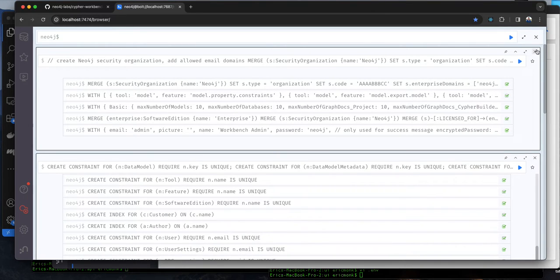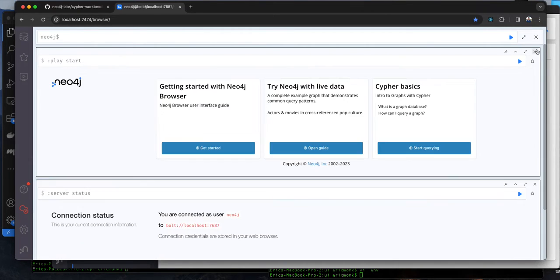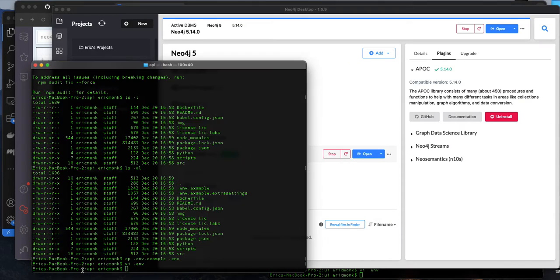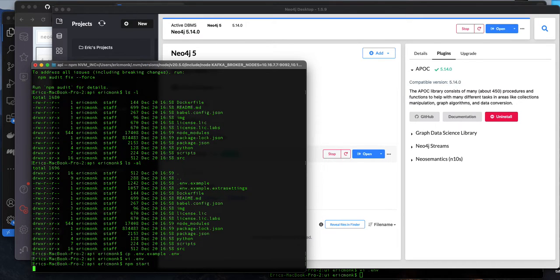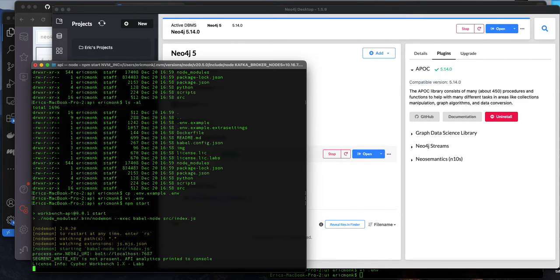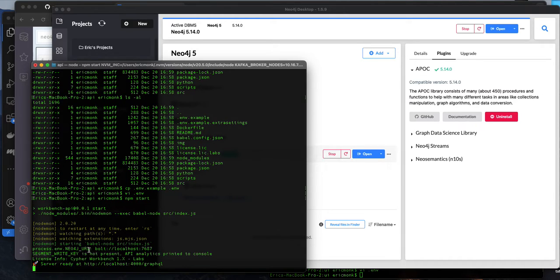All right, with that being said, we can close all those windows. The next thing to do is start up the API. So we're going to go back to our code window. Now we've done the npm install already, so I'm going to say npm start. And you should see something like this. The API is going to start. It's a GraphQL server. You'll see this little segment key message come out, and also this license info. And now we see our server is running on localhost port 4000 at this GraphQL